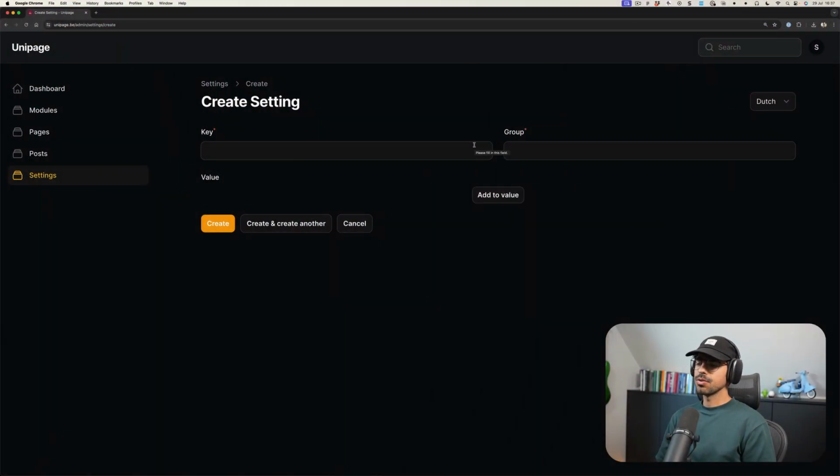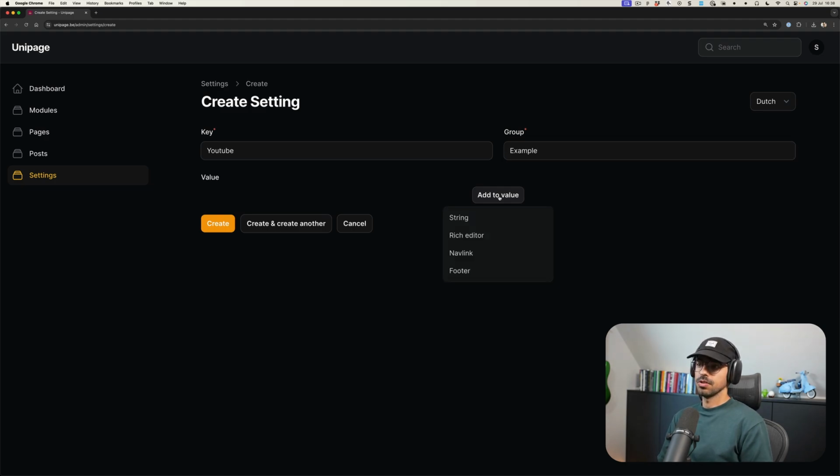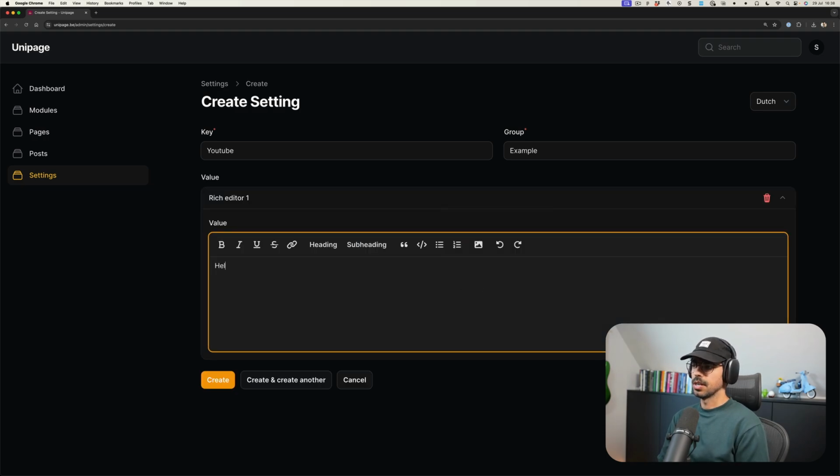Let me show you. I created a settings resource and added a sort of concept of types in the value field by using a block with a limit of 1. So, for example, I'm creating a setting here. Let's add a key of YouTube in the group example, and then here we can add our value. Whenever I create a setting, I choose a type I want the value to be, and this can be a string, a rich editor, or something more specific like a navigation link or a footer. So let's add a rich editor, for example, hello world,